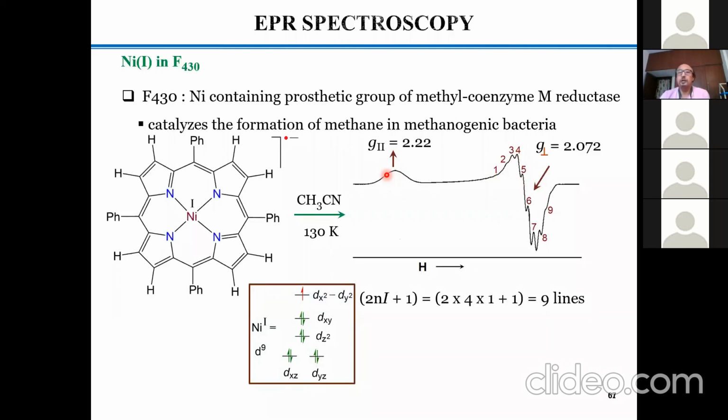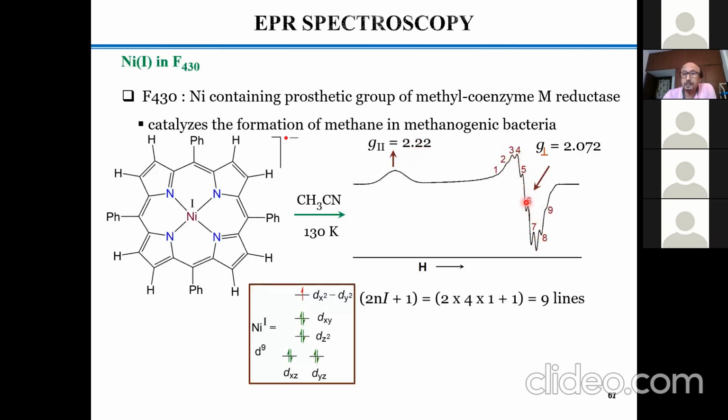Okay, so once you have a situation of multiple lines over here, then you can calculate the 9 lines, meaning 8 A. So this gap is 1 A, then this gap is 1 A, this gap is another A, this gap is another A, all these things, and then you can see whether all the A's are identical or not. Mostly they are identical, or very close to each other. Then you have to represent the center point, that is the g, which is calculated here as 2.22, and here you have to consider the g at the center point.